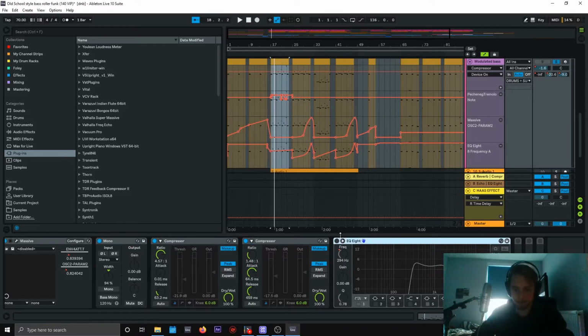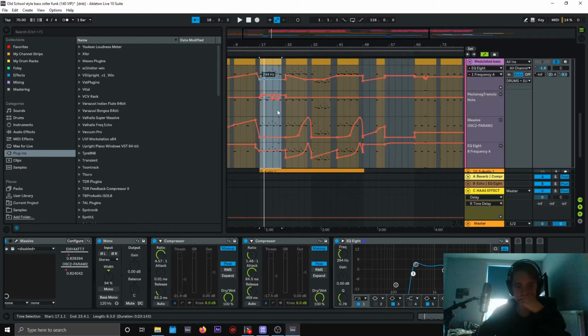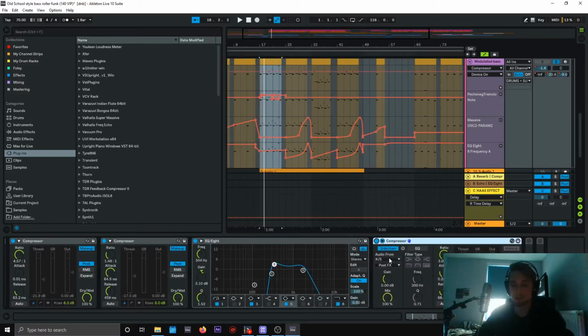After that, go straight into EQ8. I've taken out all the low end. You see a bit of automation there. There's quite a lot of automation on this, to be honest. That's something you're going to have to do in your own time. But the idea basically is I've cut all the low end out, cut the high end out, and I've got a nice little bit of boost around 344 hertz, about 3 dB. So it's a little bit middly, but that's kind of what I was going for, because everything else needs to lay over the top of it. And then after that, sidechain compression to the kick and snare track,